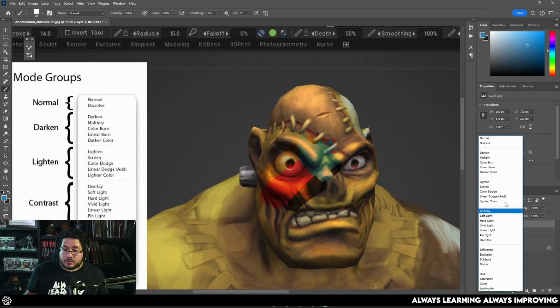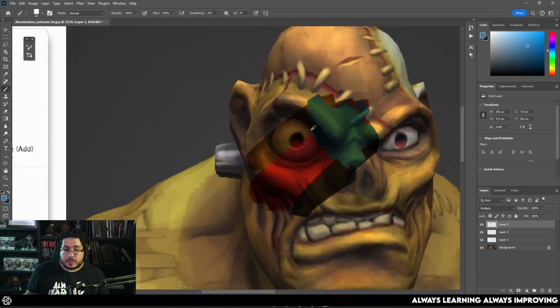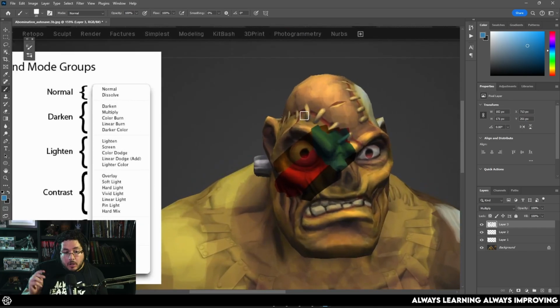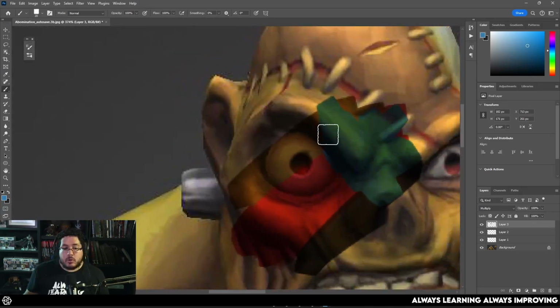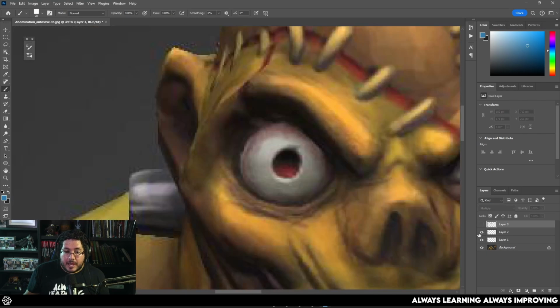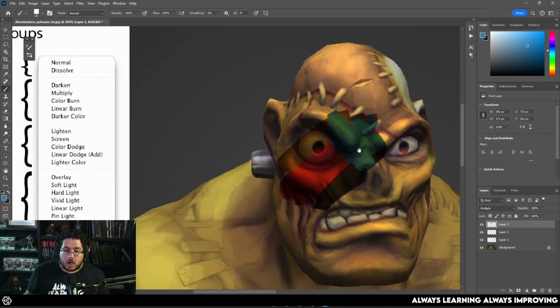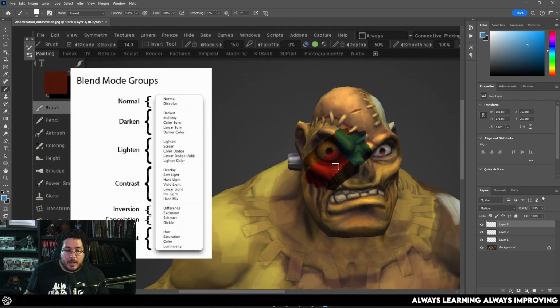The next layer is one of my favorites, called the multiply layer, and as you can see, it gives us a little different result here with our character, because multiply will replace the elements. It will multiply the values and it will always give you a darker tone. So in this particular case, you can see that these dark tones that we have right there will be replaced by even darker tones once we add the colors on top of it. This is an excellent layer to add a little bit of depth and more interest to your shadows, for instance. So if, let's say, I add a sort of blue hue on my new layer right there.